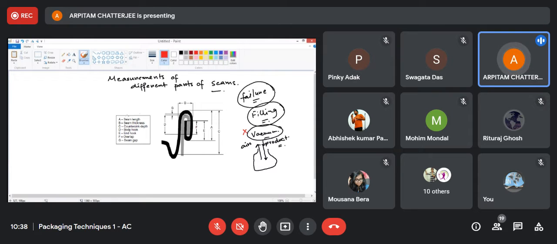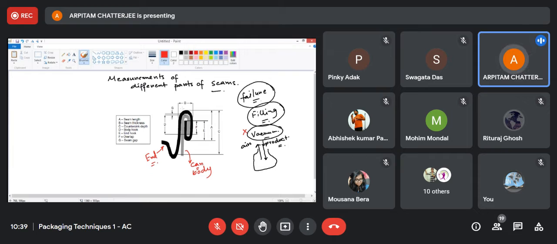Okay. So as you can see, it is clearly written. This is the seam length. This is the seam thickness. Now seam thickness is not taking only one end, it is taking both the ends. This is the countersink depth, that means the entire area where the two ends come and join. Now, the one which is drawn straight is the can body, and the one which is bent, having a curved appearance, is the end. So you have to remember this.